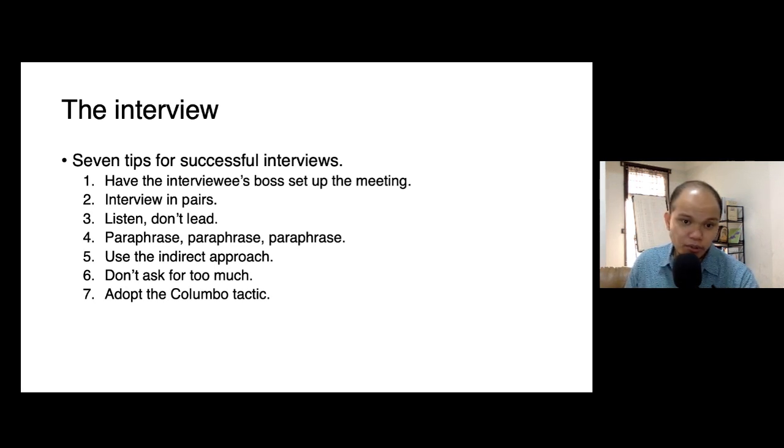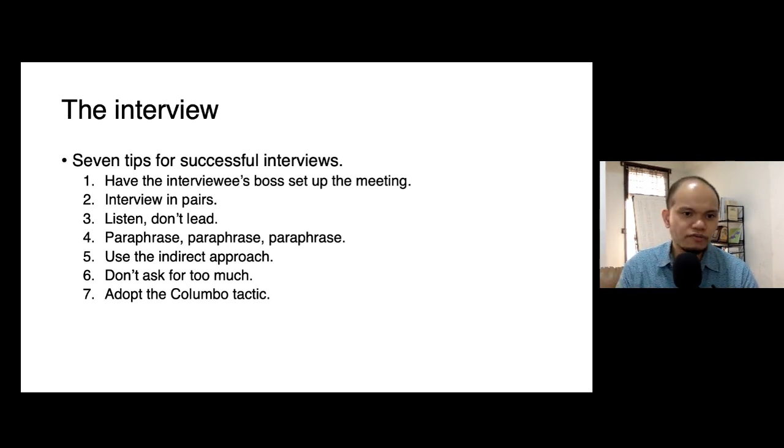Use an indirect approach. Sometimes you can gather data without being too direct, especially if the question is quite sensitive in nature. So probably they're ashamed or scared to answer things directly. Maybe without forcing them to answer the question directly, you can ask questions that would let you get that same information eventually, right?